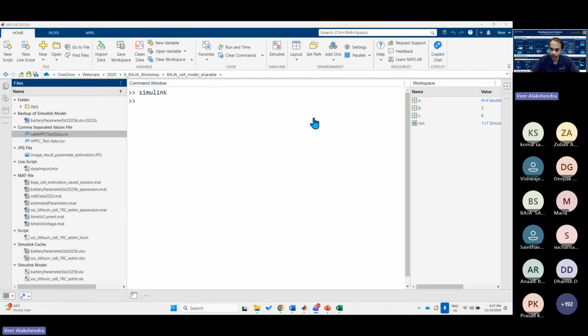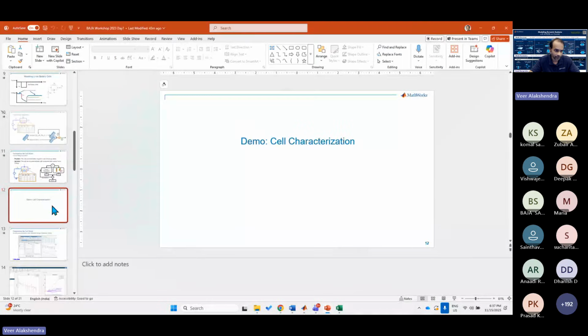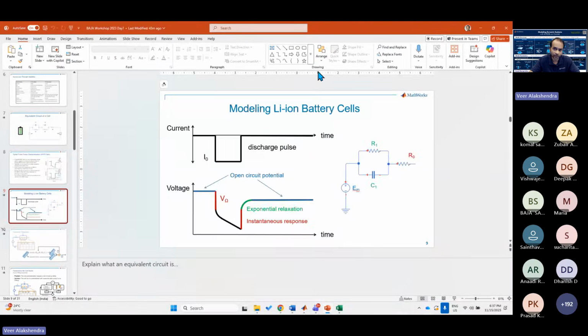Let me see meanwhile if there are any questions. Yeah, I saw there's one question: in the equivalent circuit of a cell, what is the necessity of connecting R1 C1 and R1 C2? I think that's what I was talking about, the significance. Why do we do that? I showed the significance of R1 and C1, because this will give you the exponential relaxation. Then further you have